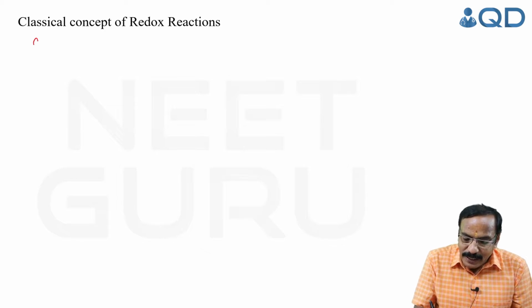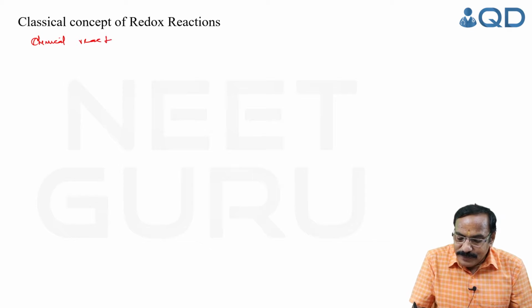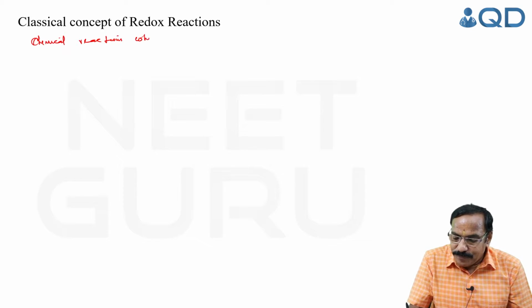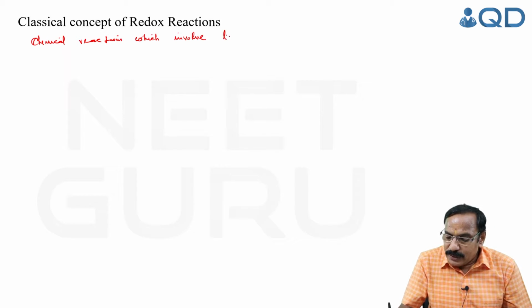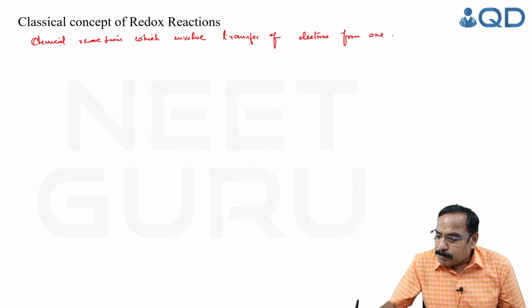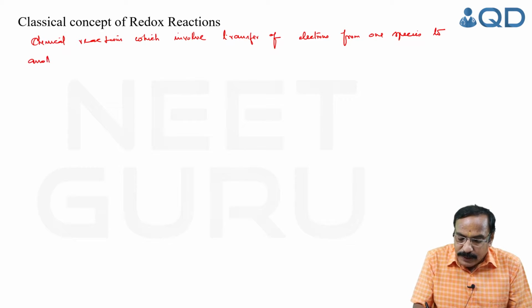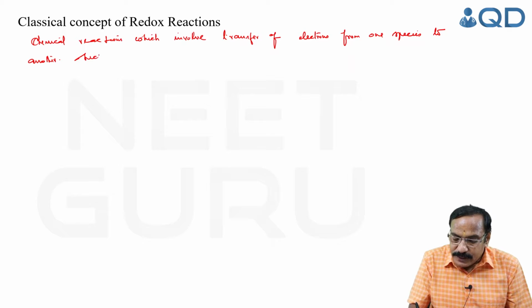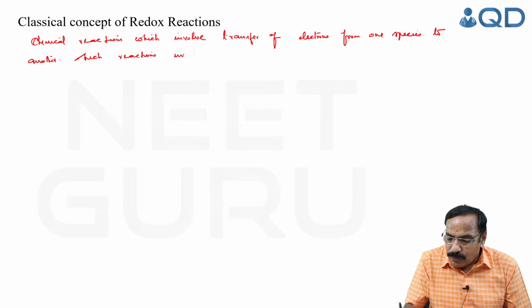Chemical reactions which involve transfer of electrons from one species to another. Such reactions involve two